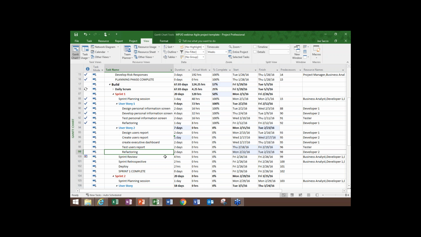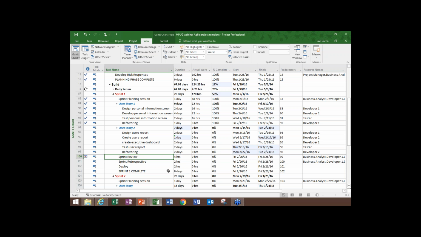So you could add additional tasks in there. You have some capacity now to do additional work. And you can see the sprint review did not change. So we've scheduled everybody for that sprint review. It's going to end the last day of the sprint, and it stays in place. And it stays in place because of the constraint. It doesn't have, because it's a hard constraint, the predecessor did not move it up earlier, right?